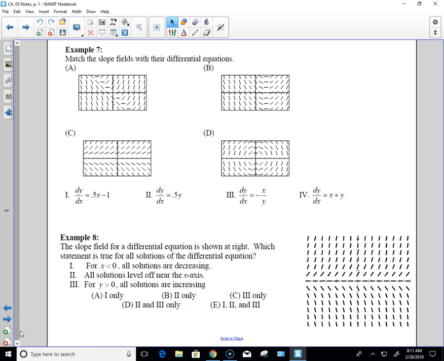Okay, I want you guys to go find example number 7. Go find example number 7 in your notes. Okay, as you guys find example number 7 in your notes,